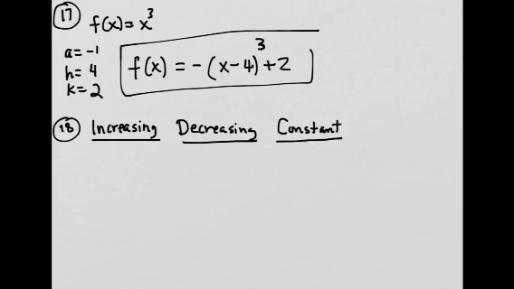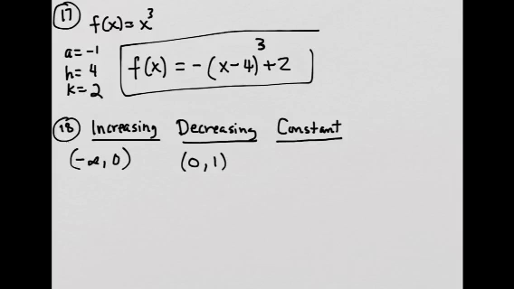So it's asking you for 18 to state the intervals where the function is increasing, decreasing, or constant. So if you look at the graph, it's increasing from negative infinity to 0. If you go across from left to right, from negative infinity to 0. And we always write these as open intervals. And then from 0 to 1, it's decreasing. See how it's going down? So from 0 to 1,